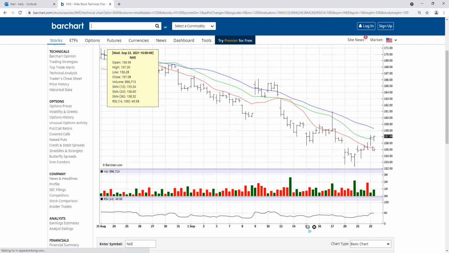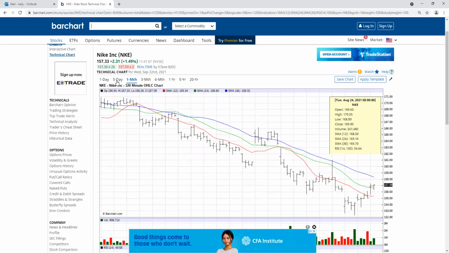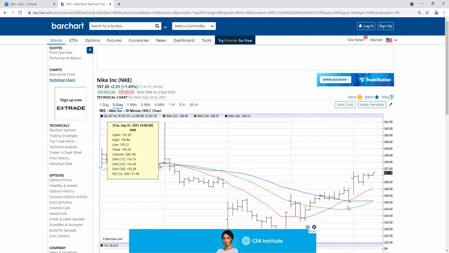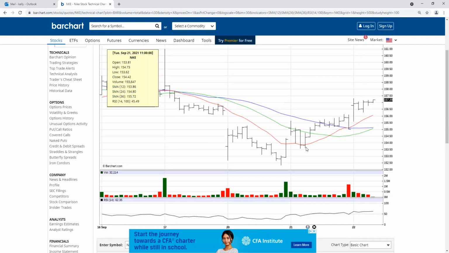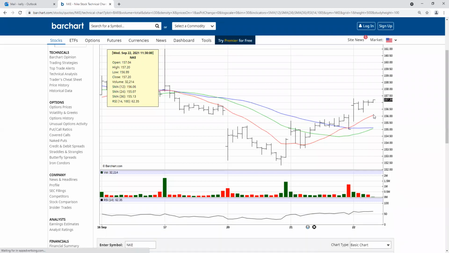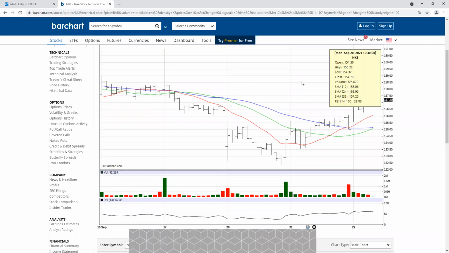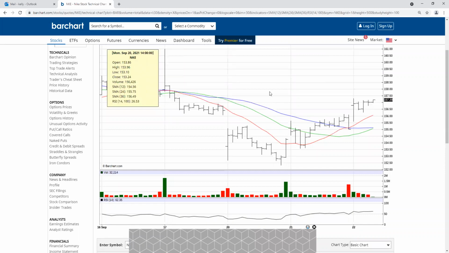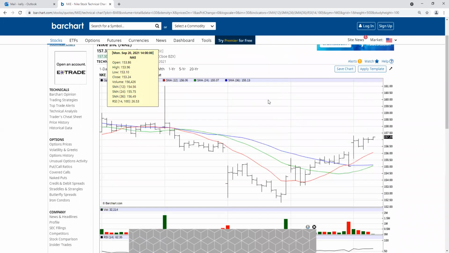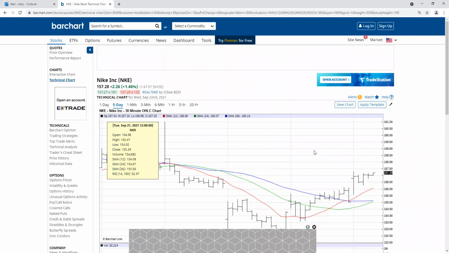So it's got its first, well, let's look at the 5-day. Okay, so you got a little bit of a buy signal right here, 154. And you saw it tested. So right now you want to keep it on a short leash. You keep it on a 156 short leash. And then you're looking to get a pop if earnings are good. And that's basically my observation on Nike right now, going into the report.